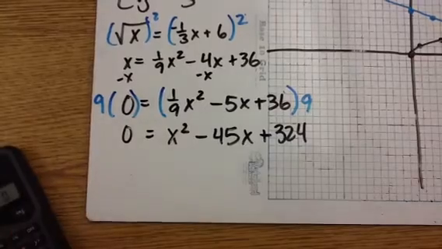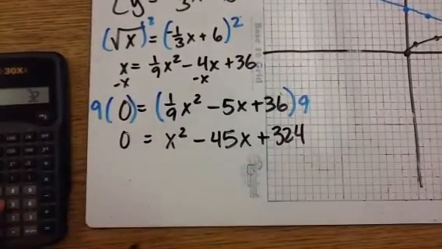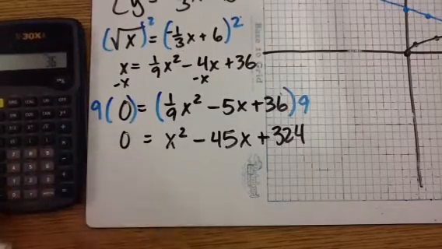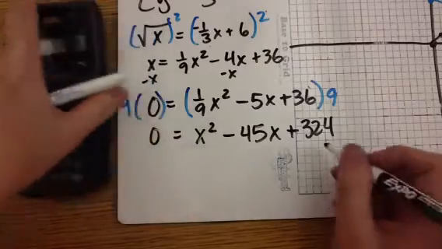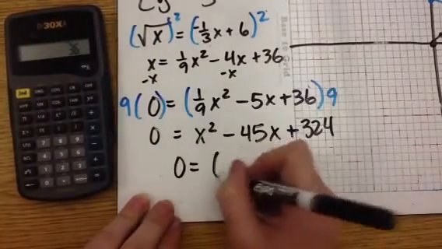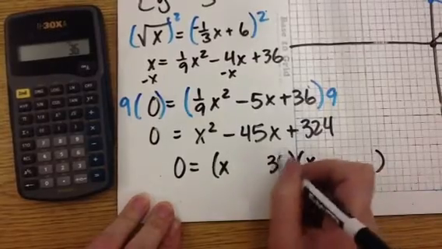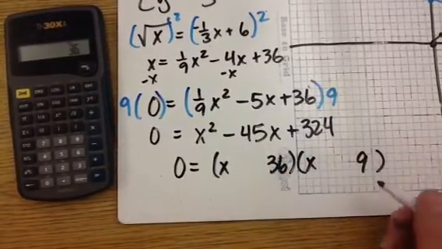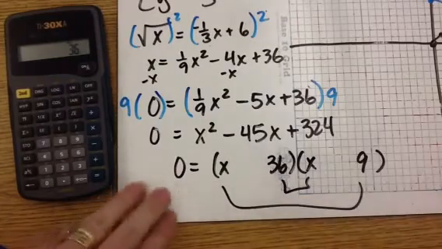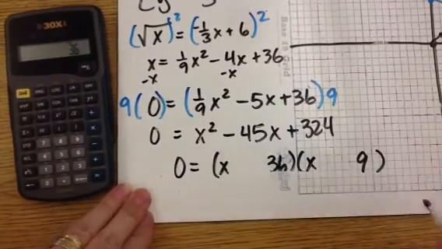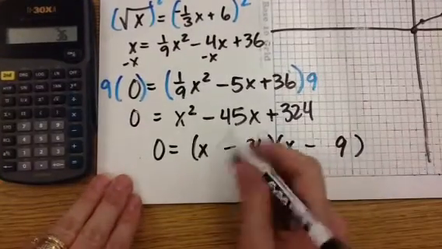I'm not quite sure. Let's see, 324. Well, maybe we could factor it. 324 divided by 9 is 36. So x and x, let's see, 36 and 9. And my inside and outside has to equal 45. Oh, good. We got it. We factored it. Yay. So x minus 36 and x minus 9,